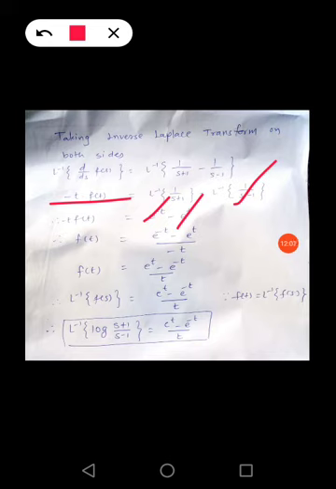Okay, so f of t is equal to e raised to minus t minus e raised to plus t divided by minus t. We are interested to have f of t, which is a function of t, in the LHS. So let me write f of t as e raised to t minus e raised to minus t divided by t, because we have observed the minus sign throughout. Therefore f of t is nothing but L inverse f of s, which is equal to e raised to t minus e raised to minus t divided by t. Okay, we have mentioned here. But f of s that we assumed is nothing but log s plus 1 divided by s minus 1.